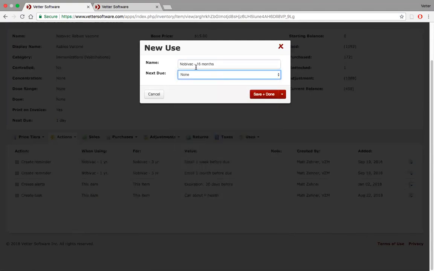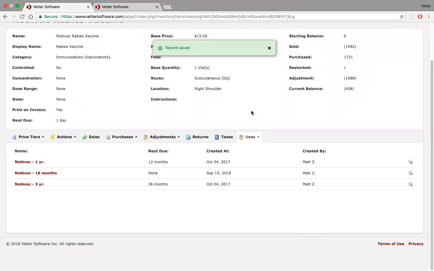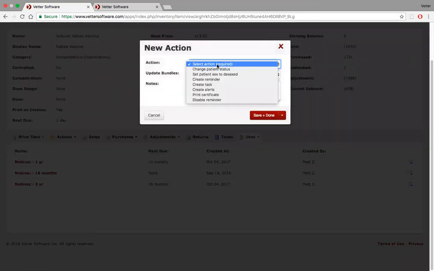Now, if it were a rabies 3-year, I would have a next due of 3 years. But it's not, right? We're just administering it once for a puppy. So now I have this, and I could now do the whole vaccine series. I could come here and say, hey, if there is a